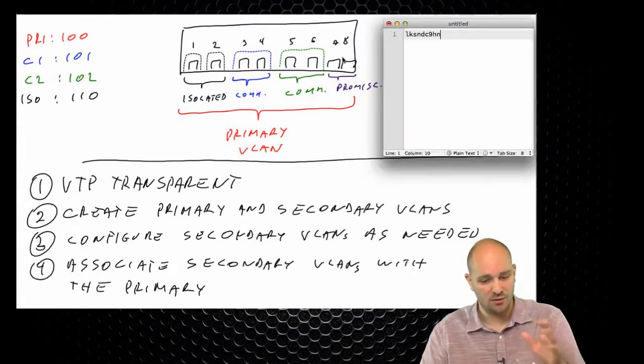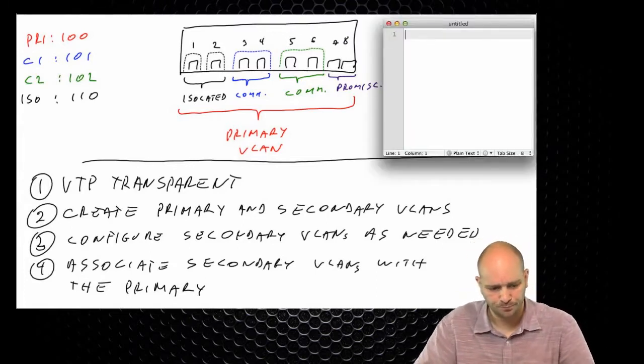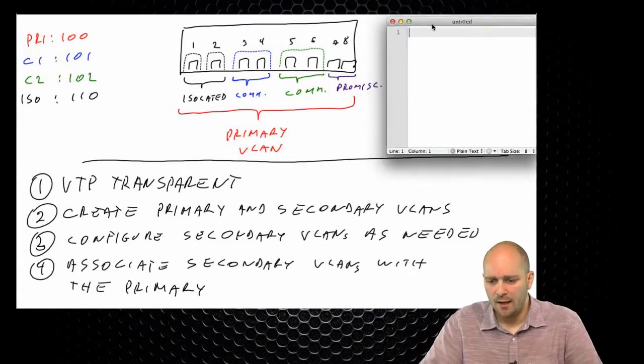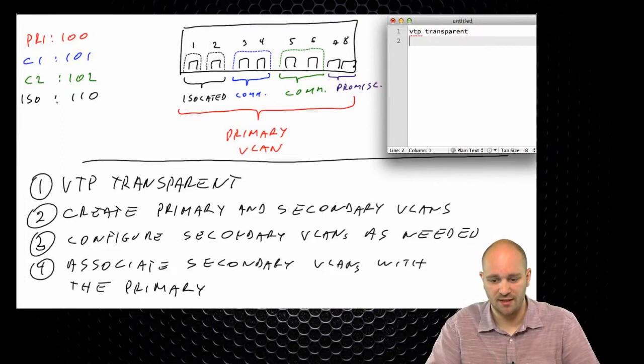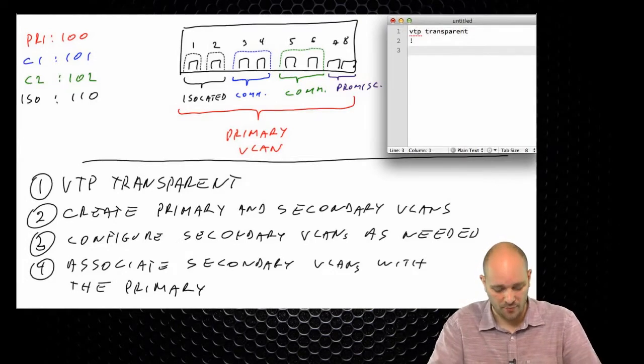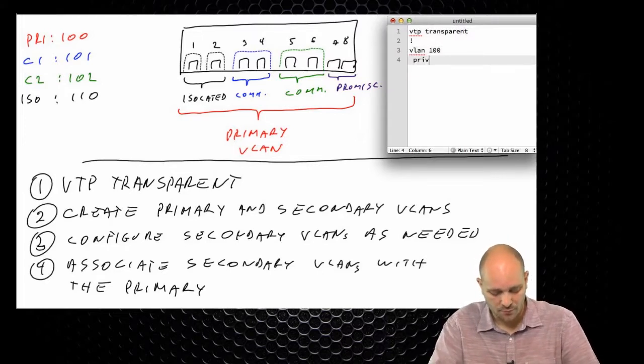So to take a look at this configuration, I'm going to create and put my switch into the VTP transparent mode. That's the first thing that I'm going to do. Then I'm going to create primary and secondary VLANs. So I'm just going to say VLAN 100, and I'm going to say private VLAN primary.